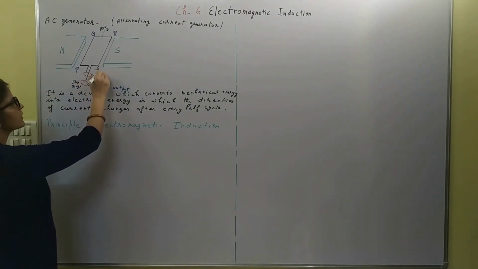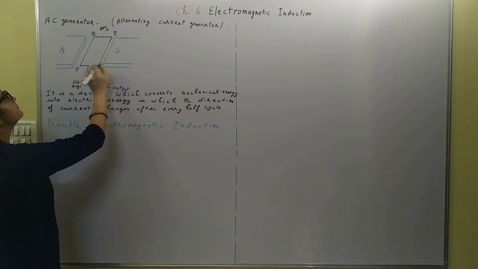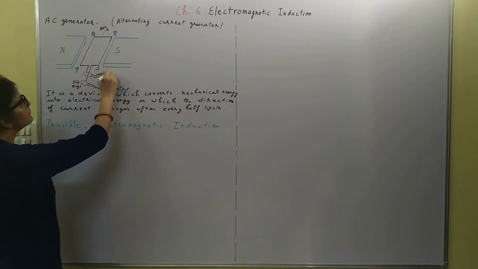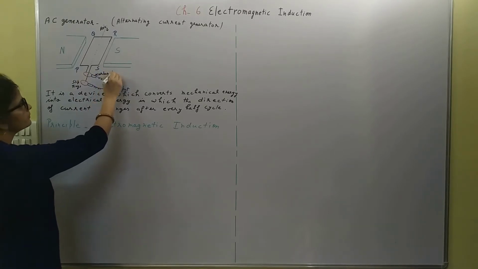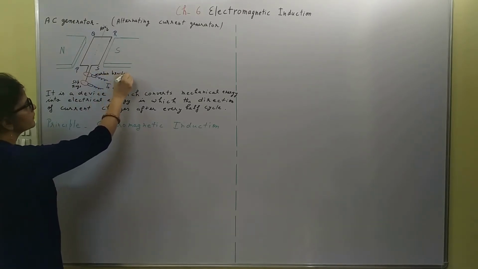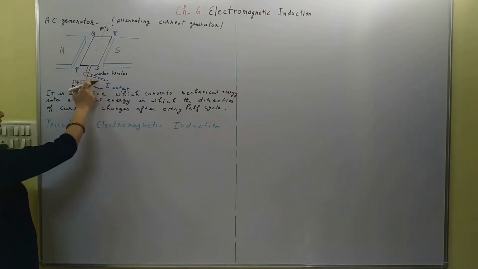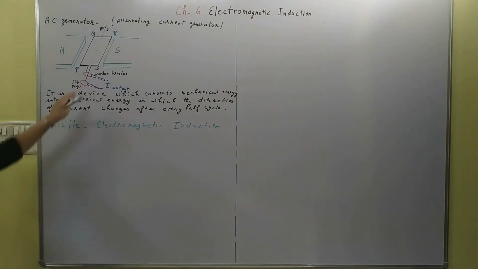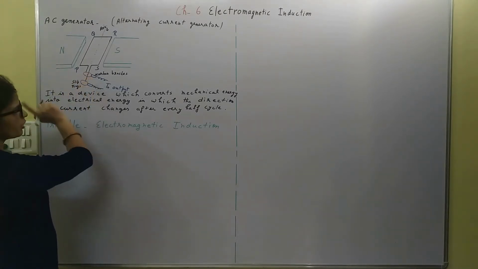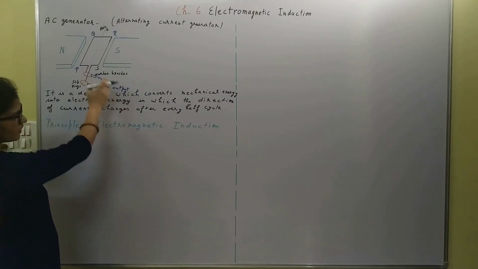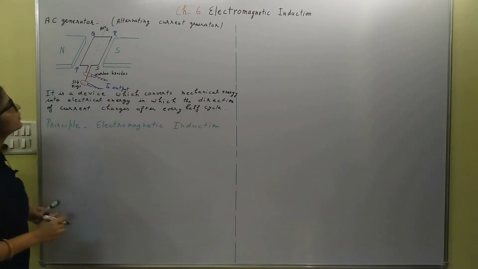These are carbon brushes. So carbon brushes are in contact with the slip rings. The output is taken across this. These carbon brushes are having soft contact with the slip rings, right? So these are providing only the contact, and then these are helping in transferring this output through the load, right?